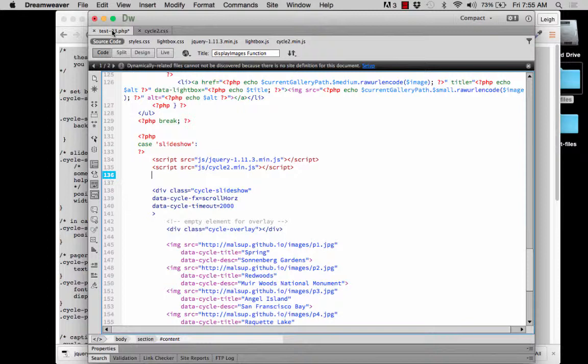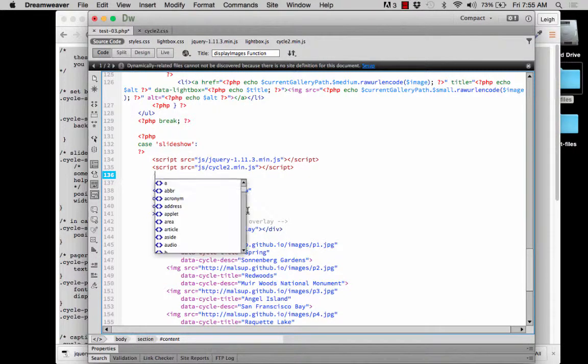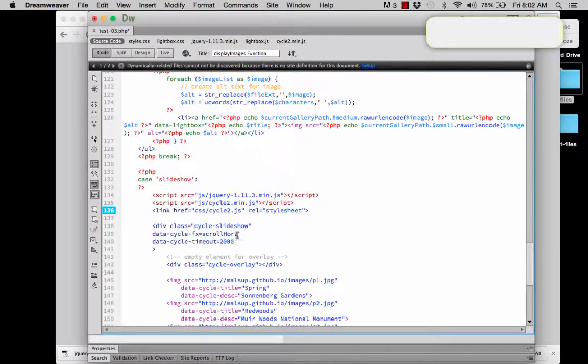Okay, and so now if I go back to my test page, I can actually add my CSS link. So we'll do link, and I'm just going to paste this so you don't have to watch me type. And then so we've got the href to the CSS folder, and then to our cycle2.js file. Excuse me, it's not supposed to be JS, it's supposed to be CSS, my fault. Okay, so CSS/cycle2.css, and then the relationship is that it's a style sheet. Okay, so that's the link to our CSS, and so now the last thing that we need is